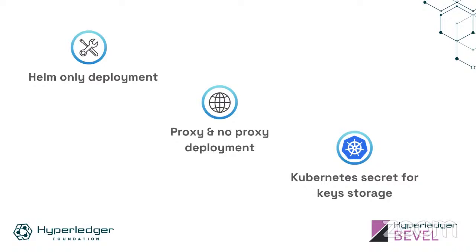We changed from Ansible to Helm only deployment. Which means that you do not need to have Ansible, which many people found difficult, especially if they were working from a Windows machine. So you can just do Helm install or Helm upgrade commands to deploy the network. The only thing is that it is a bit manual because you have multiple Helm commands, especially if you are creating multiple organizations. But you still have that automation